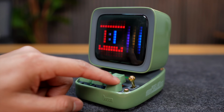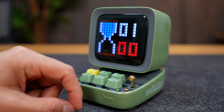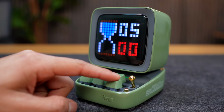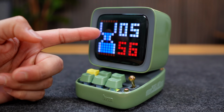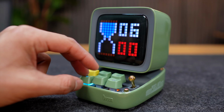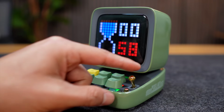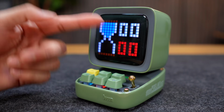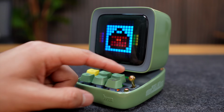I'll go to the last tool, and this is going to be the timer. So I can increase the time like this, and then start. I put a 5-minute or 6-minute timer, and it's slowly counting down. And then just like the other one, I can press it and it resets the timer. Or I could just pull the lever and it pauses the timer. In this case, let me just put it back to 0. And yeah, that's